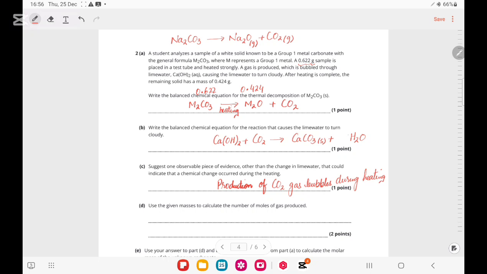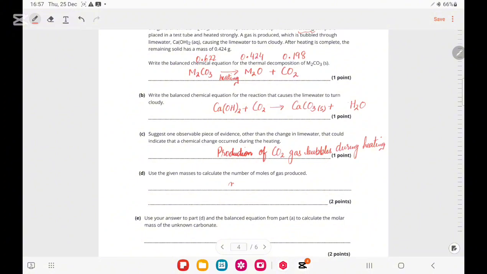First we can find the mass by subtracting 0.622 minus 0.424, and then we have the mass of carbon dioxide, that is 0.198. So in order to find the moles of carbon dioxide gas, it is going to be the mass 0.198 divided by its molar mass, which is 44.01, and that comes out to be